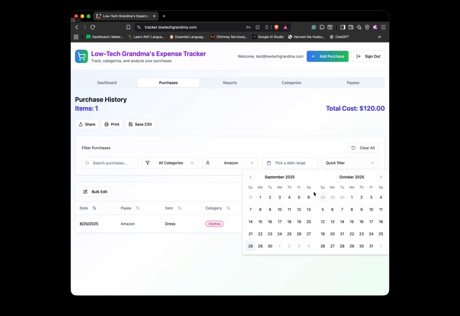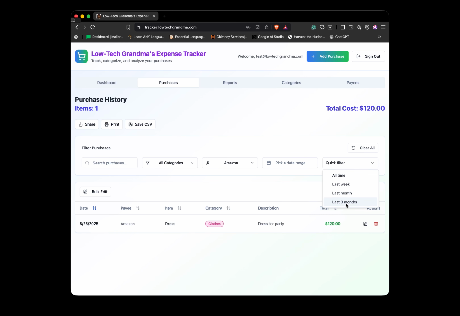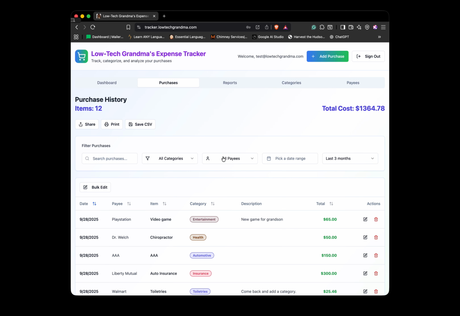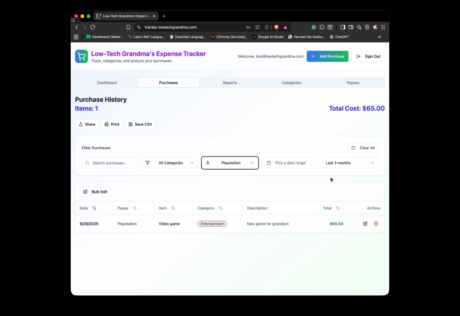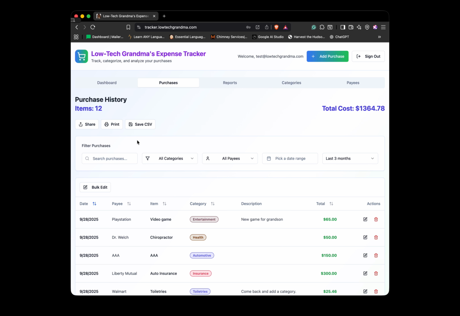I can pick a date range. I can do a quick filter in the last 3 months. But remember to clear it all because it was just showing what I purchased in Amazon. But that's pretty much the whole thing. It's easy, nothing complicated. Now, if I wanted to run a report,